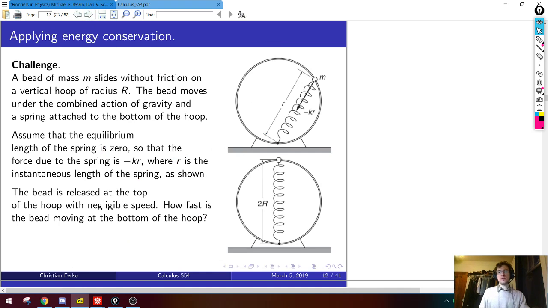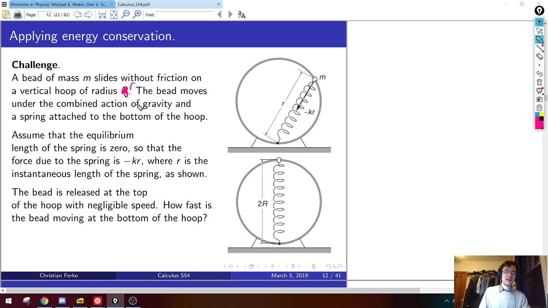Okay, so now I'll ask you, this problem actually doesn't involve any calculus. Now that we know energy is conserved, you can just write down energy at the beginning and energy at the end and just do algebra. So let me describe the setup for you. There's a bead of mass m, so here's the mass m, and it slides without friction, so energy is conserved, on a hoop of radius r. This should be lowercase r, actually. So it slides on this hoop of radius r.